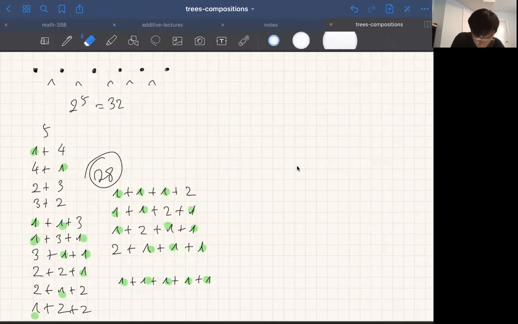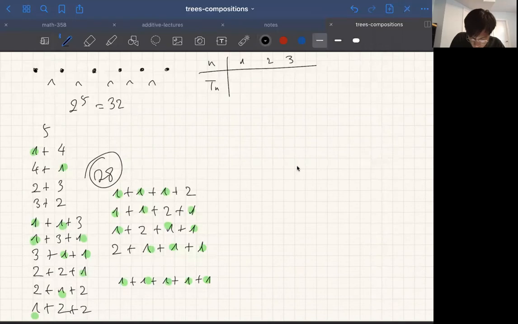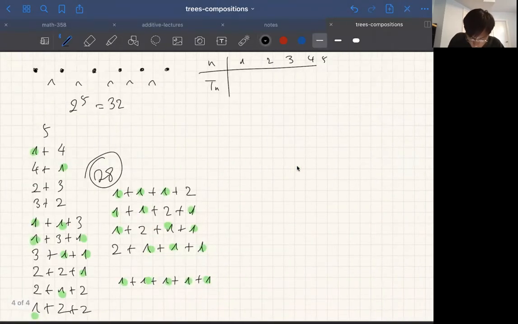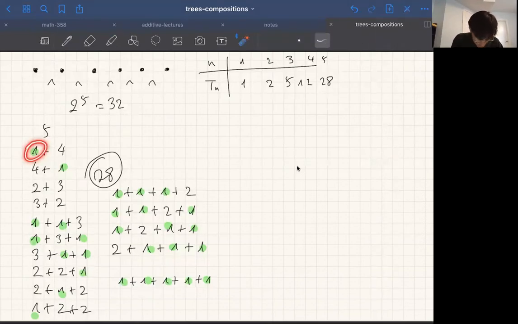Let's go this way. N, Tn, 1, 2, 3, 4, 5. What do we have? 1, 2, 5, 12, 28. And so now we see here, if we just circle all these again,